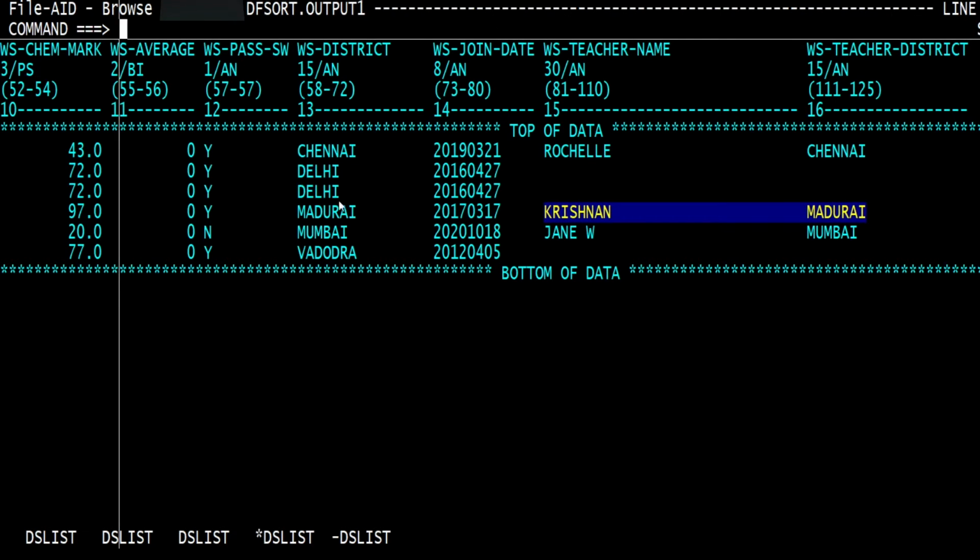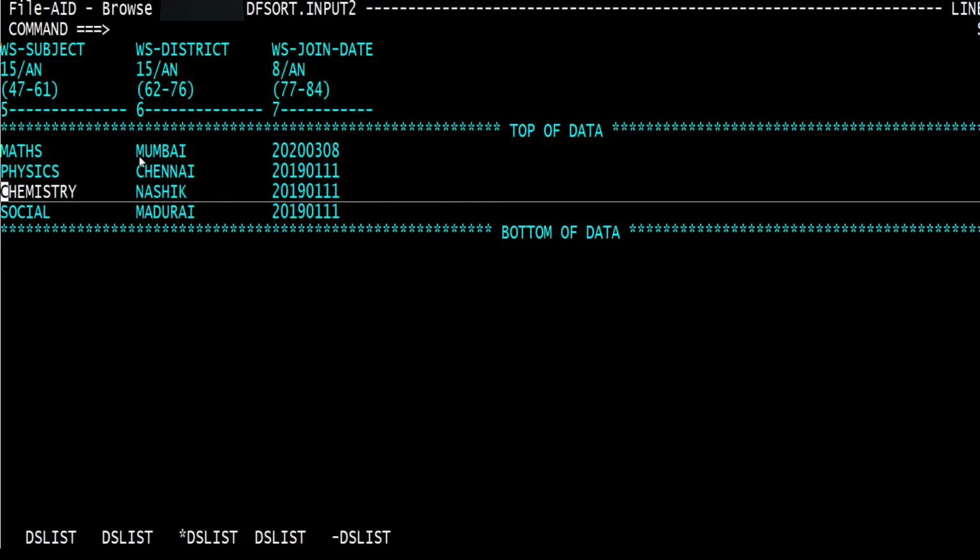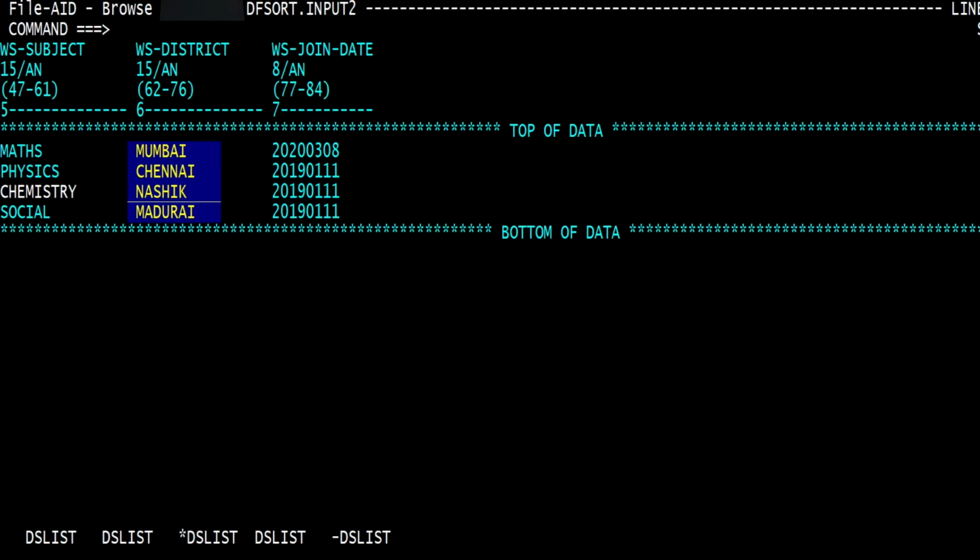As you can see, there are 3 new records, 2 Delhi records and 1 Vadodara record. Delhi and Vadodara will not have a match in the input file 2. In the file 2 output we have only 4 records and none of them are Delhi and Vadodara. So the sort is working as we expect.